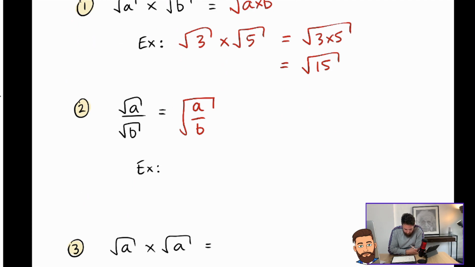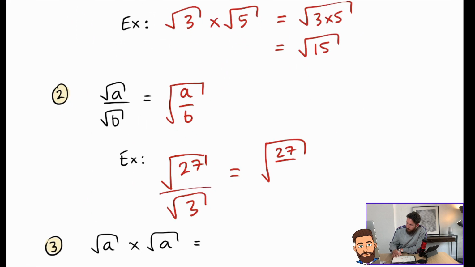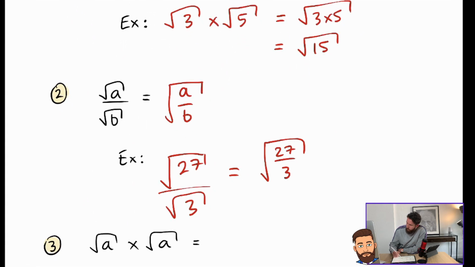Okay, so for example, we could just have the square root of 27 divided by the square root of 3, which could be written as a big square root of 27 divided by 3, which equals the square root